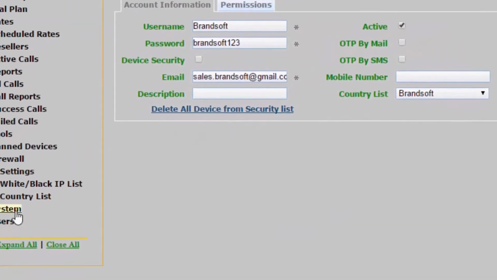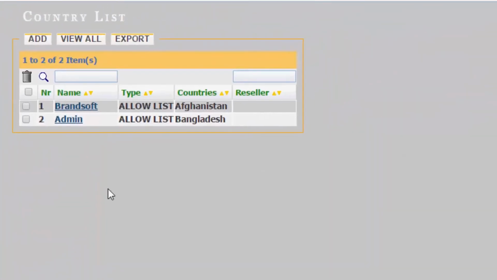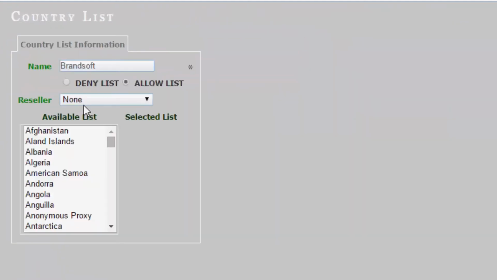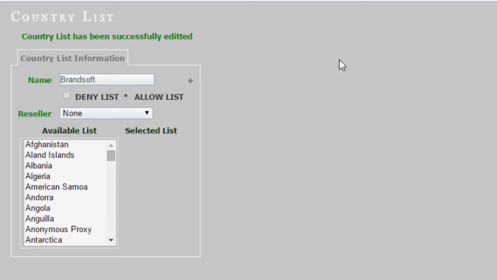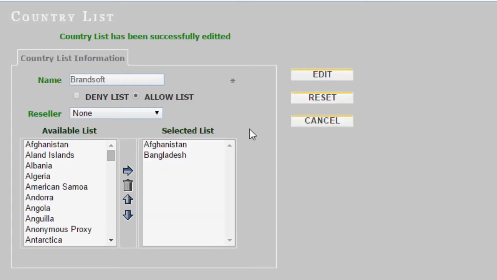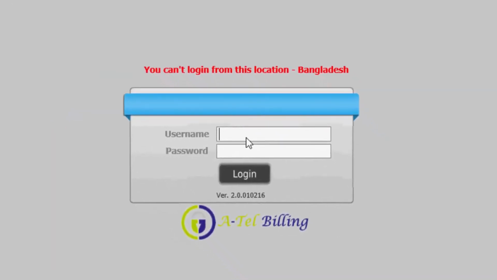Now if I select Bangladesh in my country list, then we can easily access this billing from Bangladesh. To check, give your username and password.